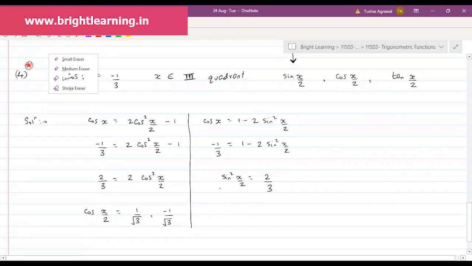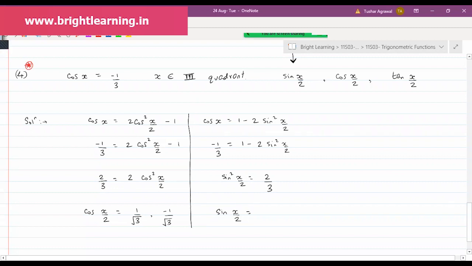This calculation, no one should commit a mistake. Sin square x by 2 is equal to 2 upon 3. Some mistake was made in this calculation. Pujita and Harini US, you are nowhere near this answer. Have you realized your mistake? Okay. And sin square is equal to 2 by 3. So, sin x by 2